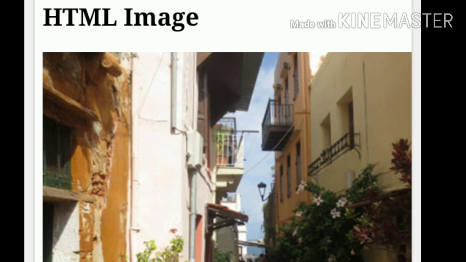After that, you can go for a brief HTML image syntax. The HTML image tag is used to embed any image in web pages.